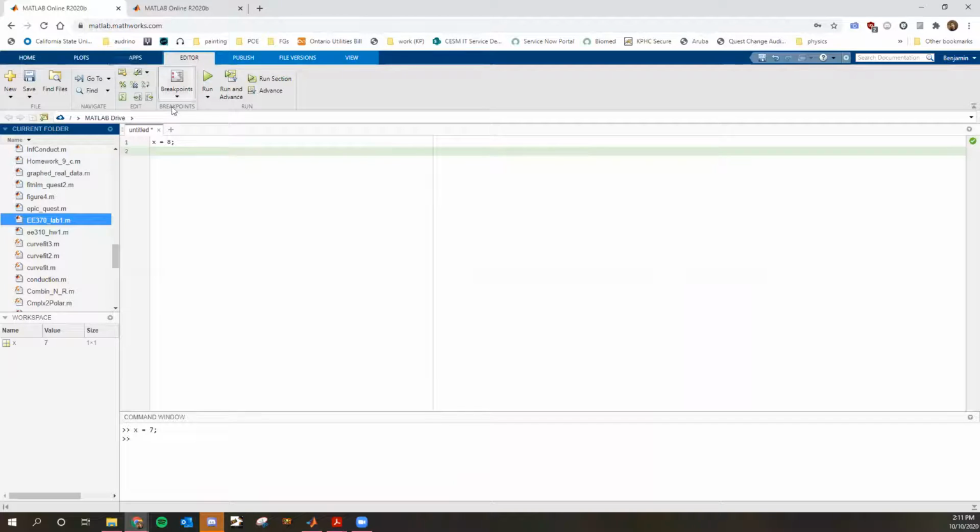Okay, so as you see, once I create a script, new tabs appeared. The editor tab is where you need to be if you want to do any sort of function when you are creating a script. We have new and save, which should be pretty self-explanatory. I'll even talk about the stuff here on the right, so run. Once you have your script